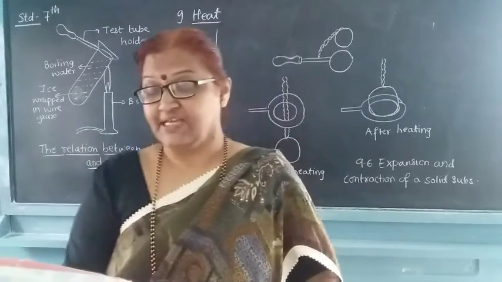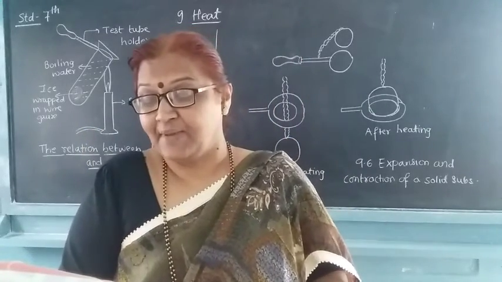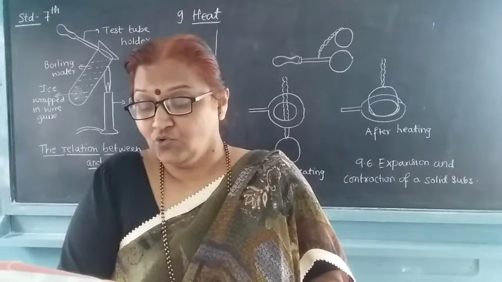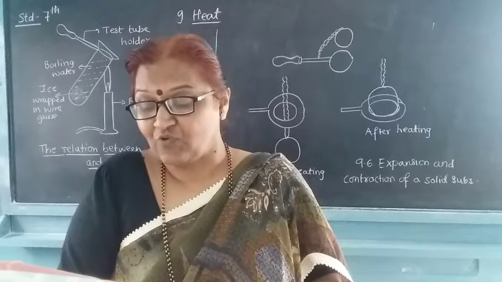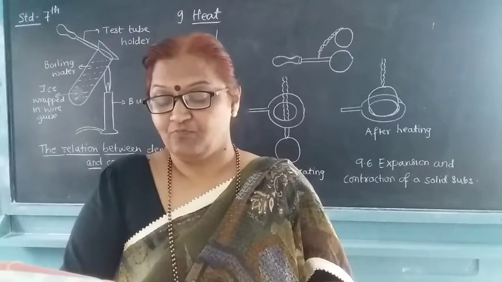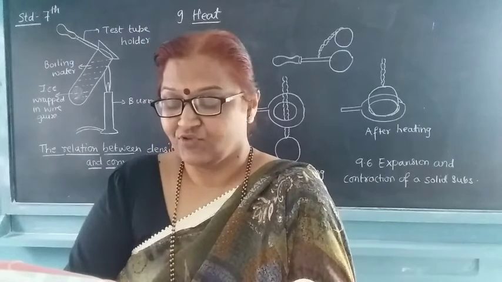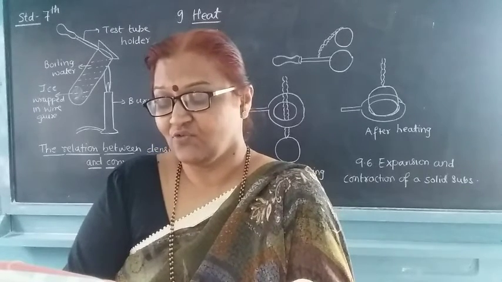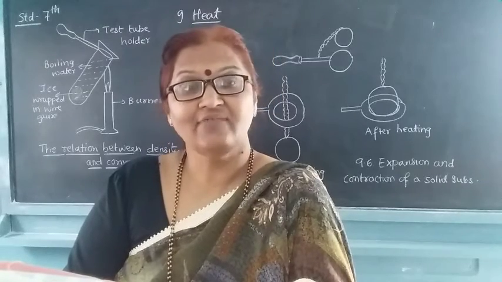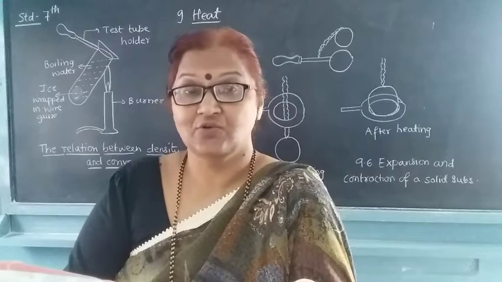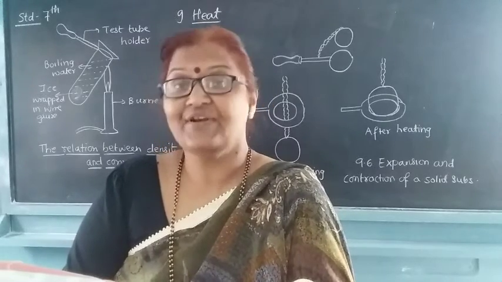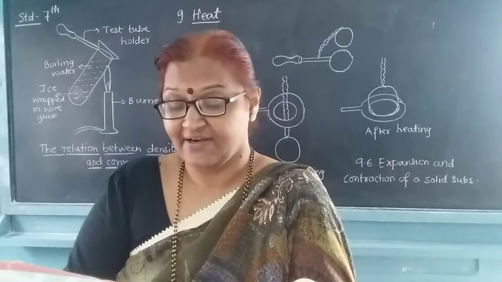See there, next page, let us try. Apparatus: 2 aluminum tins of the same size, 2 small glasses, water, thermometer and black paint. Procedure: see, what you have to do, you have to paint the outer surface of one tin with black paint. Two tins you are having, one tin you paint with the black paint and let it dry. You have to keep it for drying.